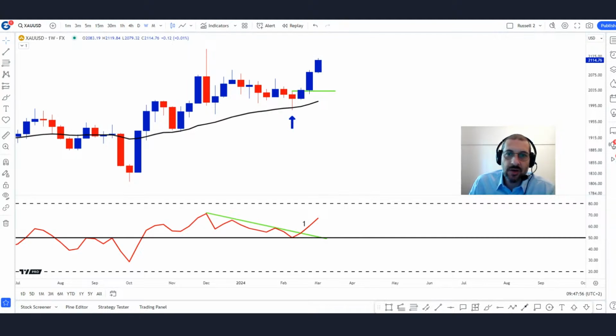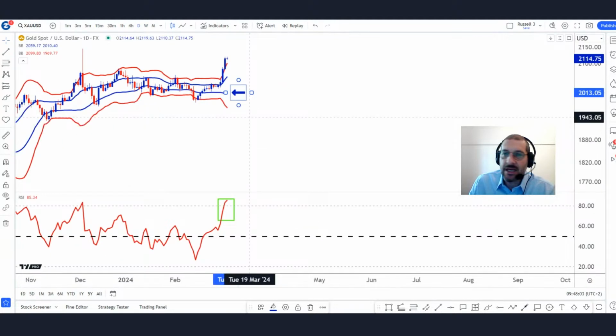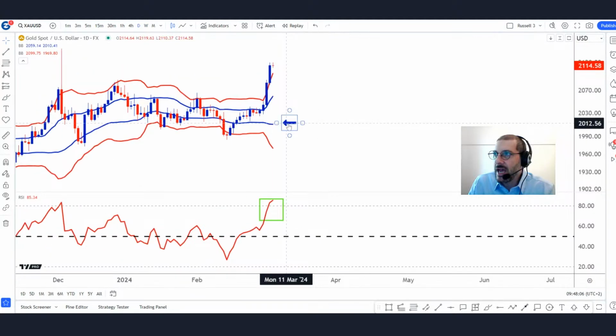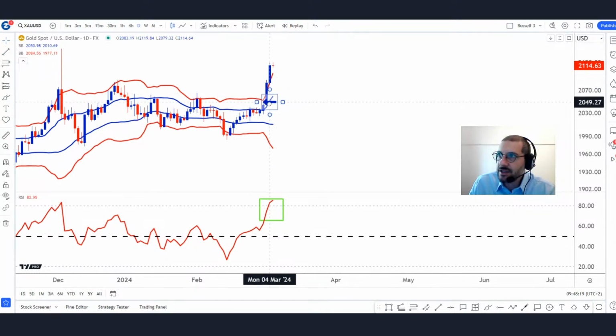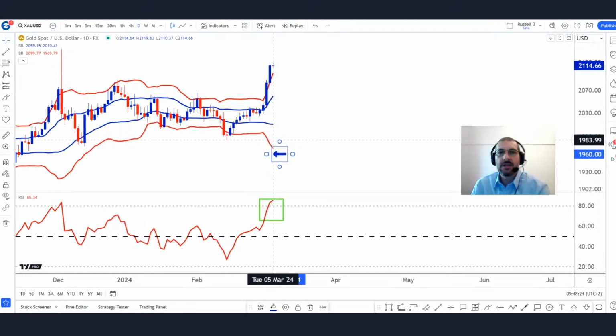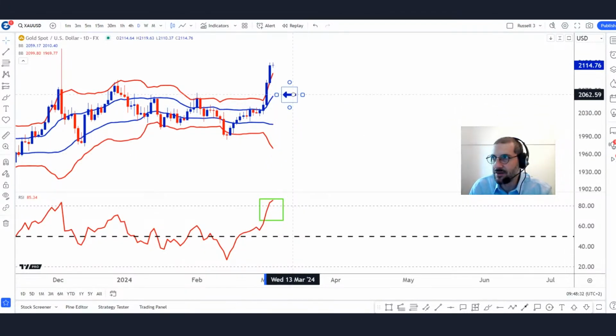Let's go down to our daily chart. And you can see that the daily chart is interesting as well. I just want to zoom in. And it's moved into what we call zone 1 after moving sideways. So it moved sideways, and then it moved into zone 1. And look at the explosion in volatility. Look at the Bollinger Band. The red Bollinger Band has sparked upwards and the bottom one has sparked downwards. So the volatility in the yellow metal there has really just notched up considerably. We do have an overbought condition here.